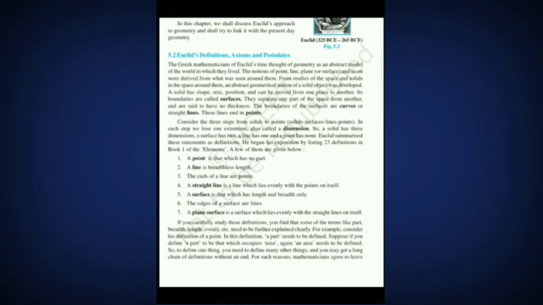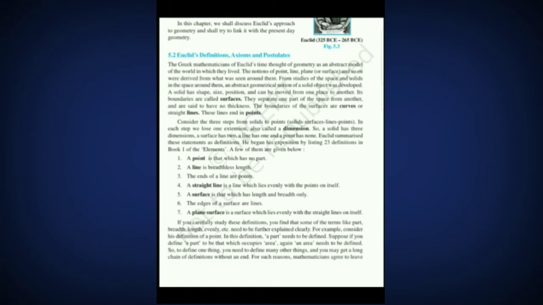Okay. From today, we have to start a new chapter. The name of the new chapter is Introduction to Euclid's Geometry. That is a very simple chapter, and all of you have to learn from here very properly. In this chapter, mostly you have to read the complete chapter. There is not so much exercise to solve. Okay. Now,